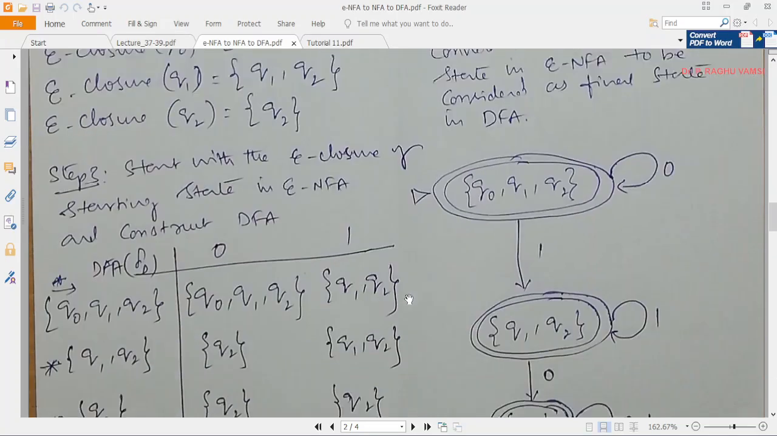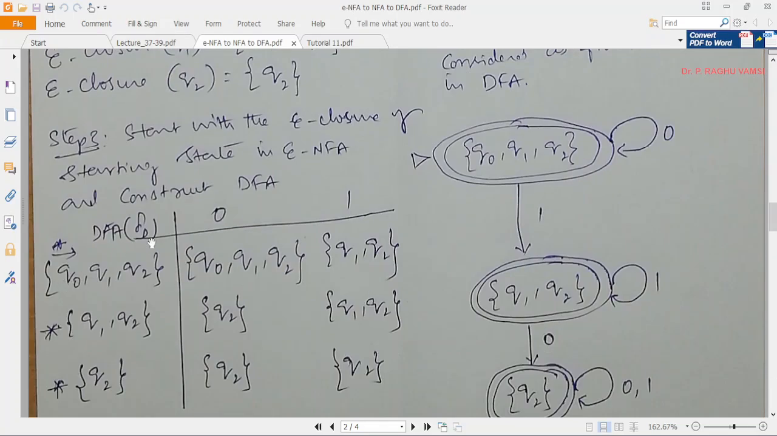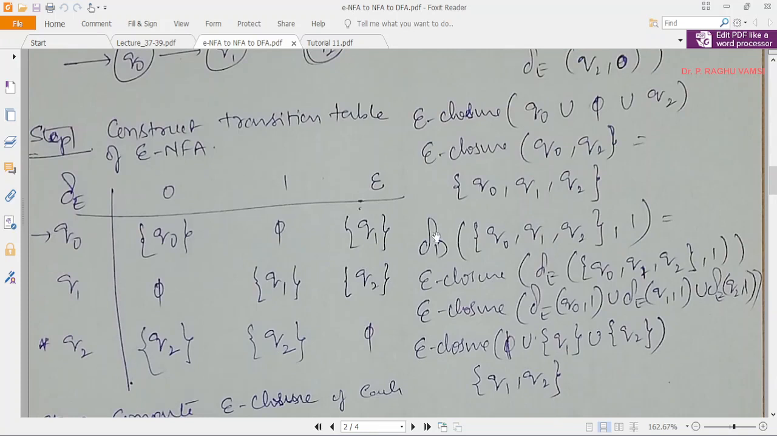So we are going to place the same here. δD of ({Q0, Q1, Q2}, 0) is {Q0, Q1, Q2}. The same thing you need to apply for 1 also. So δD of ({Q0, Q1, Q2}, 1). The formula here is epsilon closure of δE of ({Q0, Q1, Q2}, 1). So how will you split it? Epsilon closure of δE of (Q0, 1) union δE of (Q1, 1) union δE of